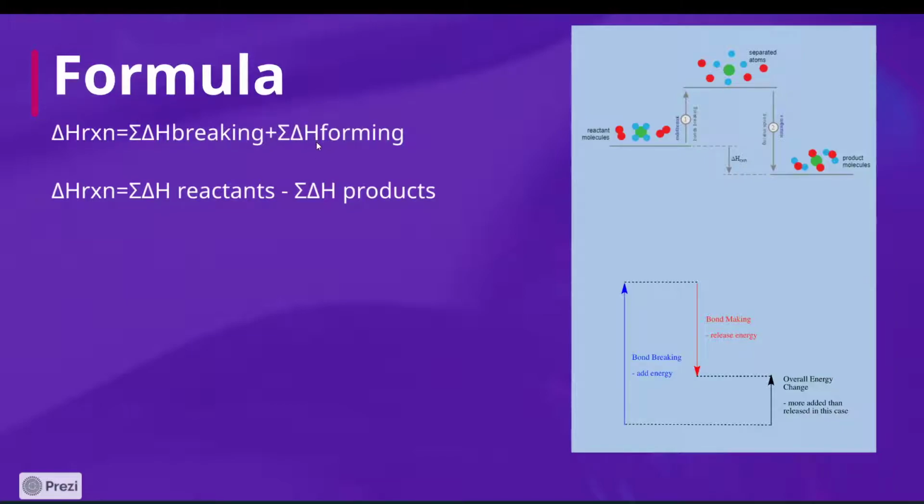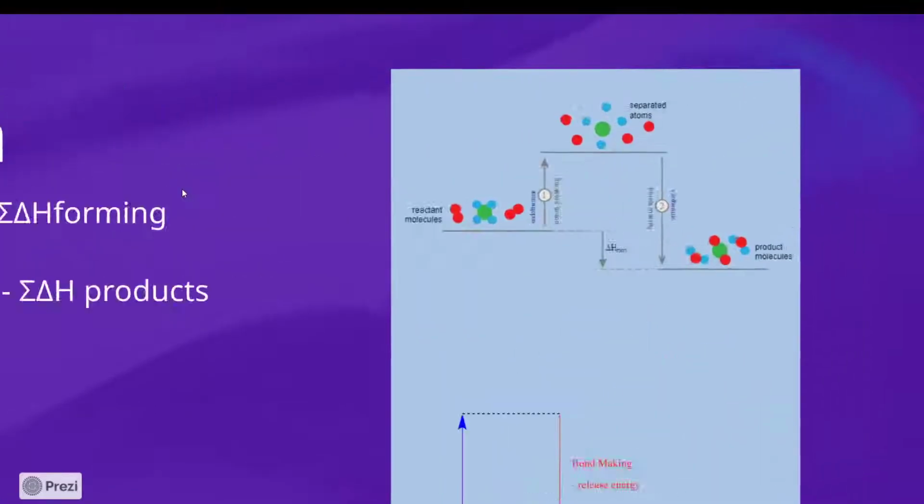Okay, so for right now, it looks like, hey, we're adding bonds breaking plus bonds forming. But this is the same as saying all the bonds of the reactants minus all of the bonds of the products. Okay, and the reason that we're going to say minus all the bonds of the products is because when the products form, they release that energy back out. Whereas the reactants, that's a positive because you have to add energy to break the reactants apart. Okay,